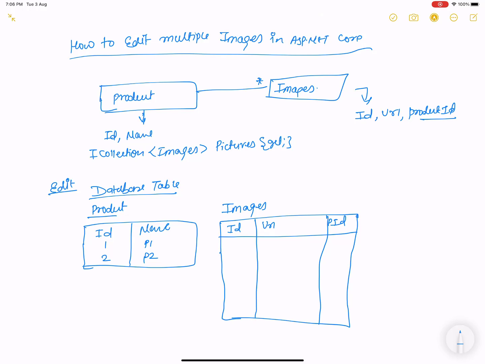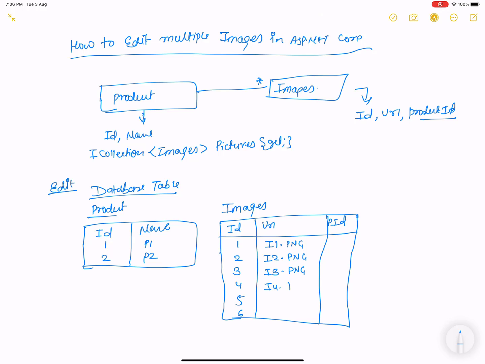The respective image IDs are 1 2 3 4 5 6, and the URLs are i1.png, i2.png, i3, i4, i5 and i6. These are the names of the images, you can say.